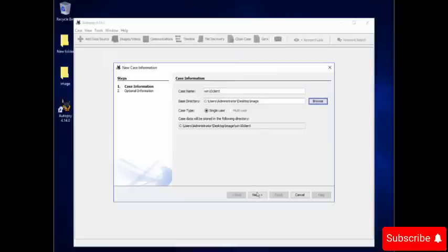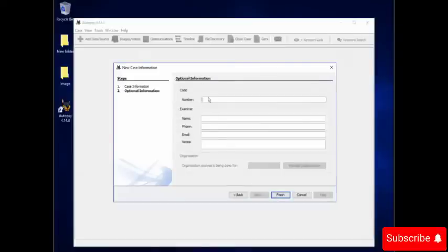Now click on next. Okay, here in case number, we can type anything like Windows 100, etc. Okay, so type anything. So let's say we will type window client. It is not mandatory to use the number here, okay? You can give the word as well. So window client. Now here in the examiner name, you can type investigator or demo, sample, test, etc. whatever you want. So for now, let's use student. Okay. Now leave everything blank, but in real world, you have to fill out these things as well. But for now, just click on finish.